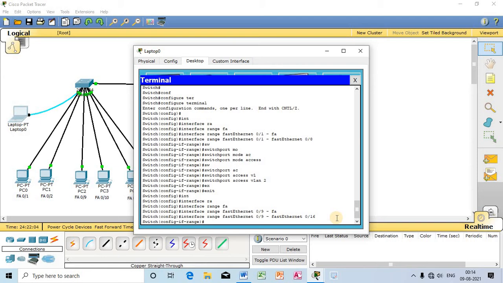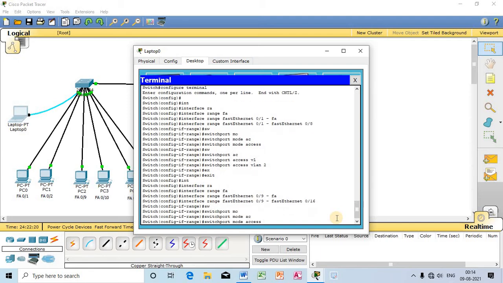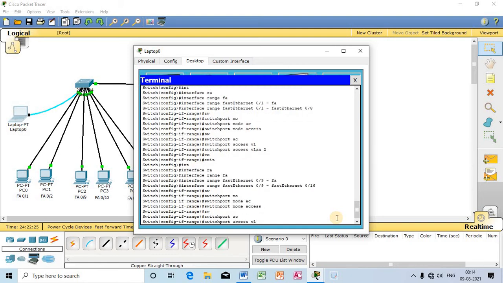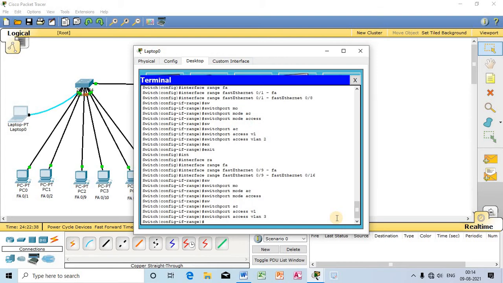So now I am going to shift all those 8 ports under VLAN 3. For doing that I will write the command switchport mode access. So now switchport access VLAN 3. So I am shifting those 8 ports under VLAN 3. So it is done. 8 ports have been assigned under VLAN 3.